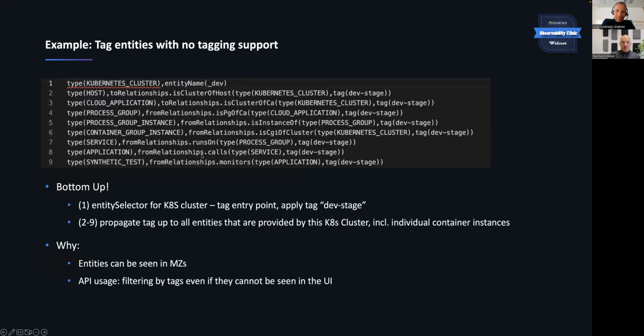Awesome. So this is another example of how to use this with entities with no tagging support. I just put the rules in there, right? The other one from web down was basically top down, and you can also do this bottom up, right? Nice thing with relationships is they work both directions. There's a from relationship and a to relationship. And in this case,